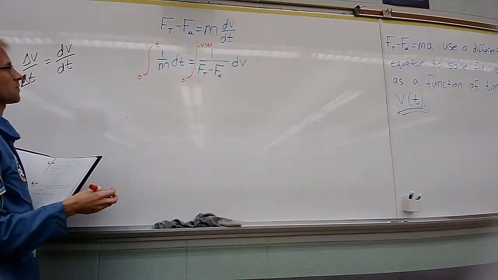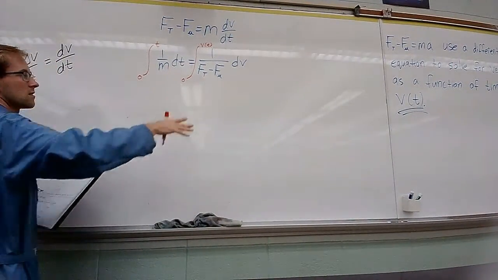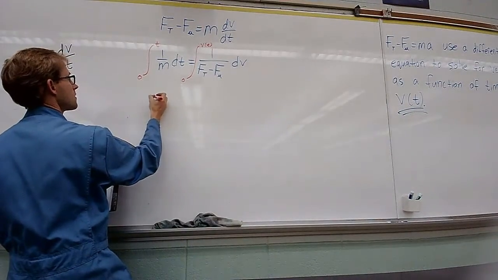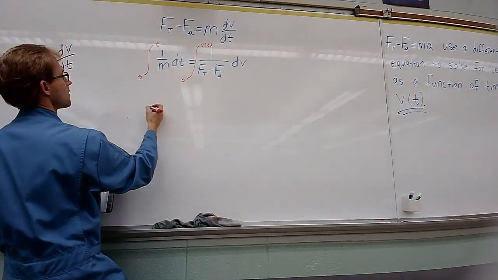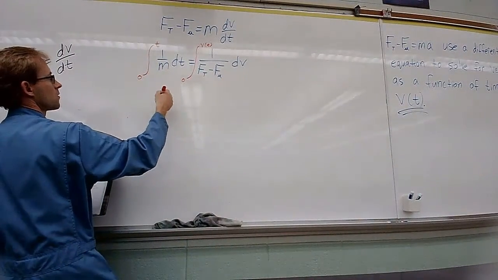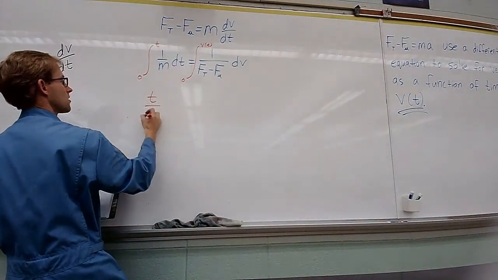You're going to get pretty much the same answer though, because these zeros are just going to make it 0. This will be t over m,